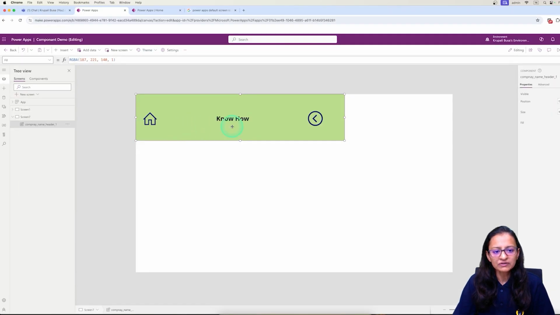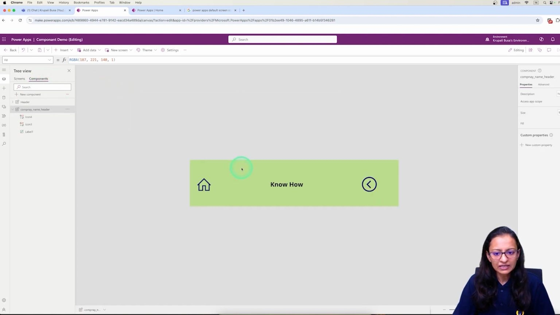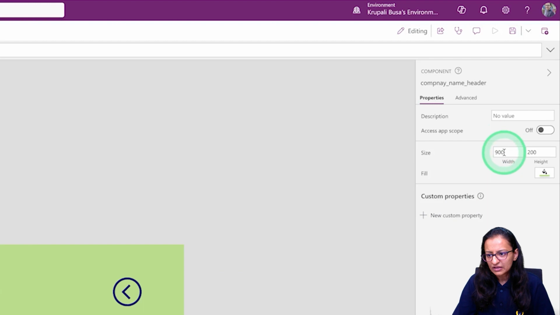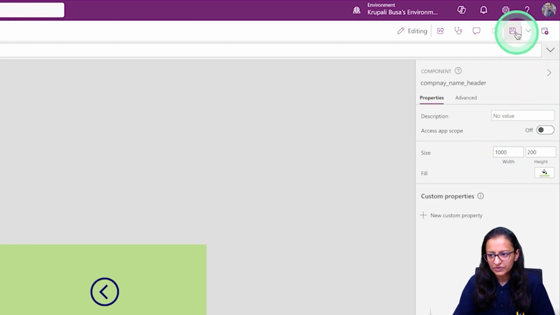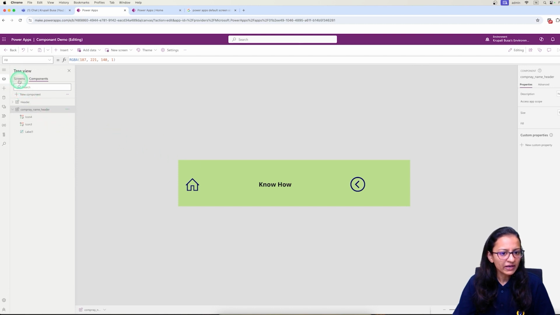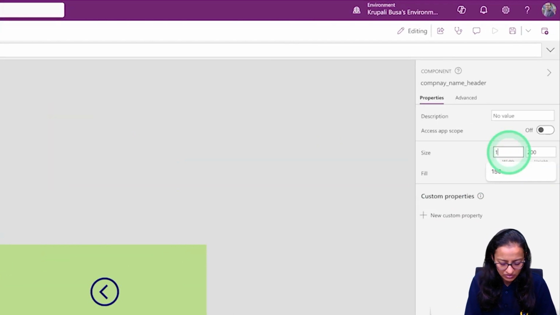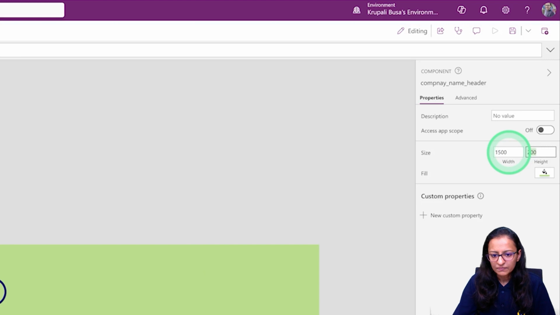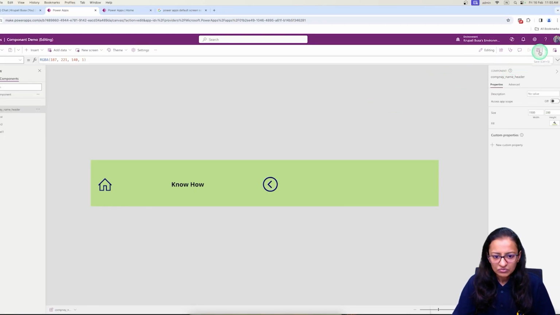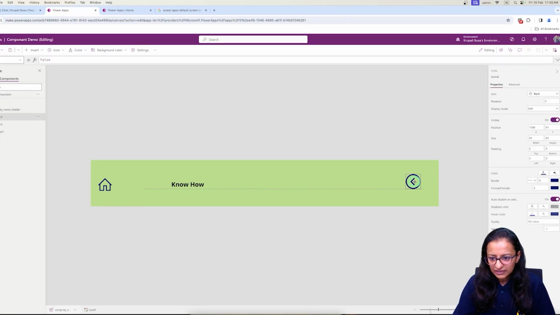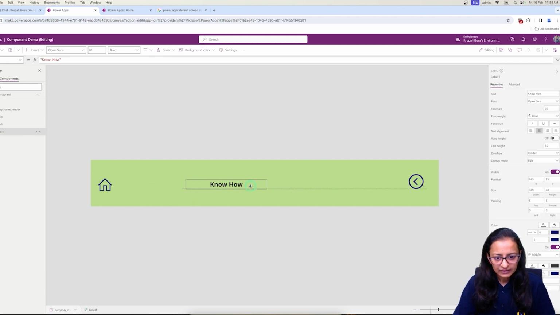Now see, the component width is not appropriate to the screen. So what I can do, let me increase the width of the screen. Let's say instead of 900, let me keep it 1000. Okay, and let me go back to the screen. Again I need to change the width. Let me add 1500. Okay, and according to that I need to adjust the button, and here let me align it center, save it,